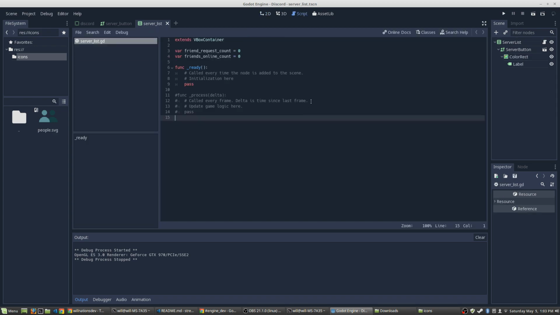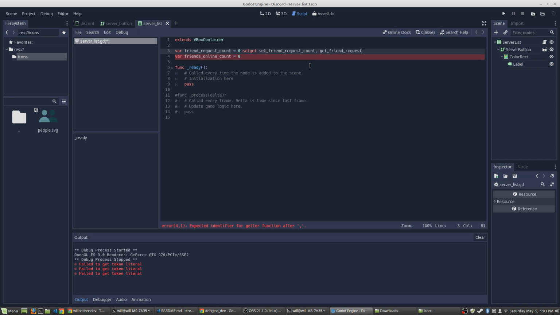Okay, well, we need that number to be representative of the actual friend request count. So we need a setter for it. Set friend request count. And we do need a getter, really. And then get friend request count. So func set friend request count, and then p-value, and we will say